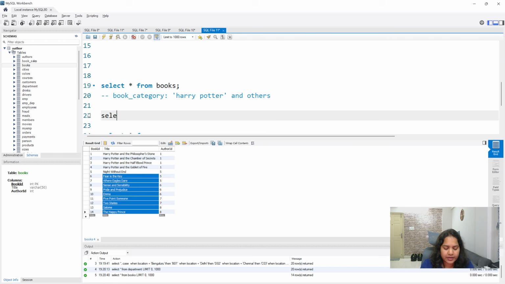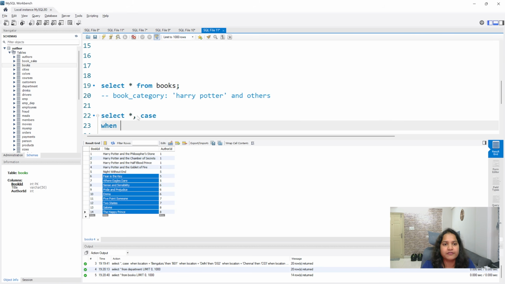Okay, so now let's write the select statement. If you want all the columns, put star, or if you just want one particular column, just give that column name like this. Let's say I want all the columns, so I'll give a star here. Now you write the case keyword and write when the title. So instead of equal to, we are writing like, because we are trying to match the pattern.